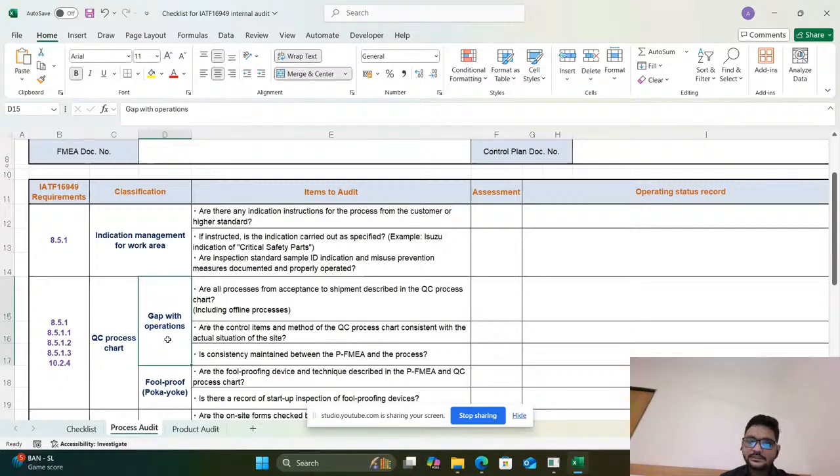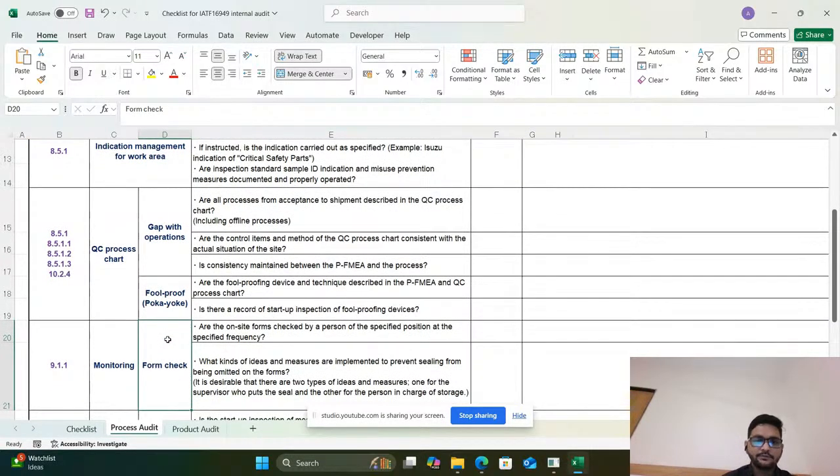We need to check, are the control items mentioned in the control plan consistent with the actual situation of the site, is consistency maintained between the PFMEA and the processes. Foolproof, like Poka-yoke, we need to check whether it is mentioned in PFMEA and control plan or not, is there any records of it. Next is records of the Poka-yoke devices inspection records.